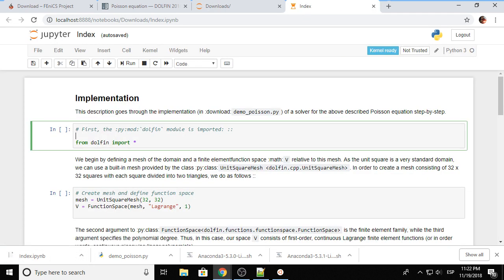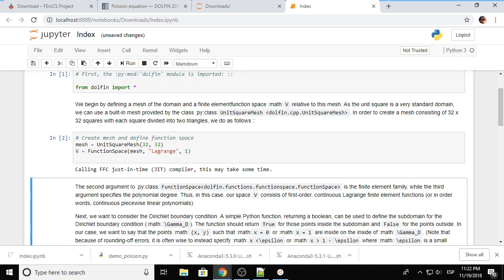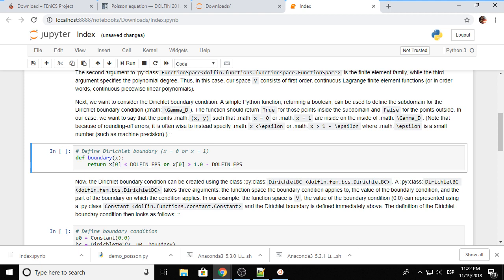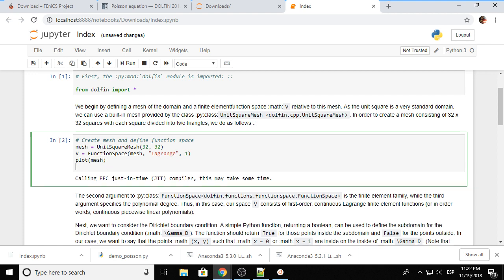And we can actually run it. And now finally we can run Phoenix. So we run it and it imported the dolphin correctly, it created the mesh, and if we want to see the mesh, what we do is plot mesh and